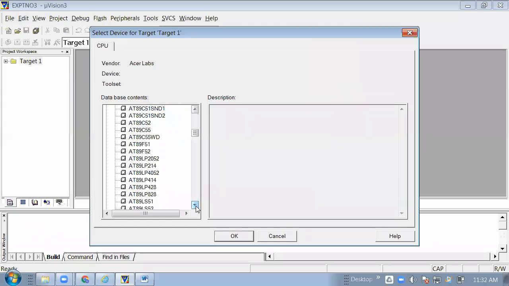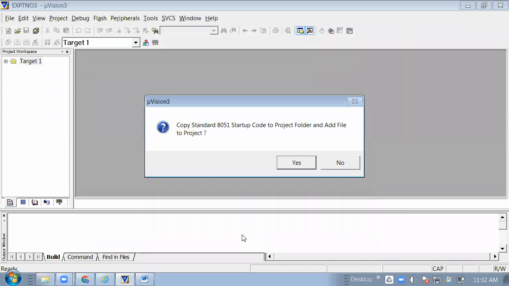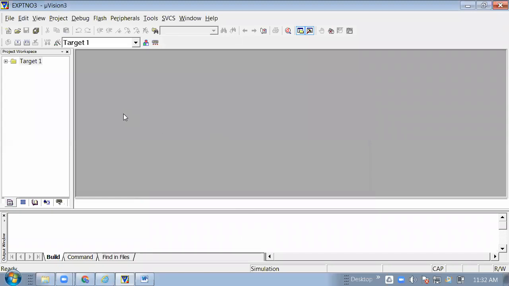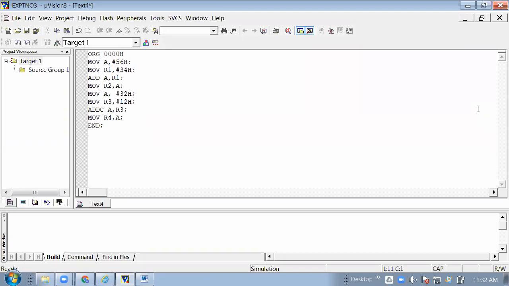If you miss any step, your program will not run. Here it is the 8051, this 80C51. After that we have to add this. Then file, new file. Then this is the program.